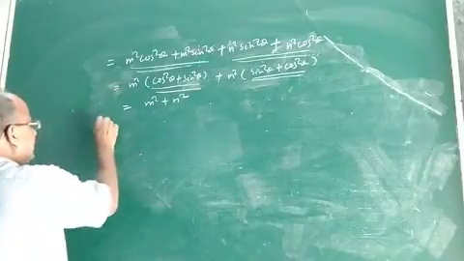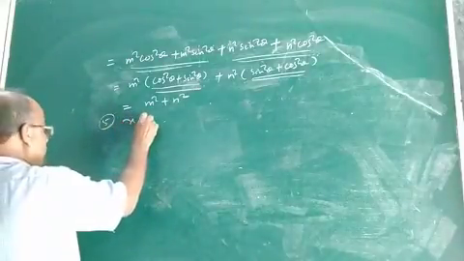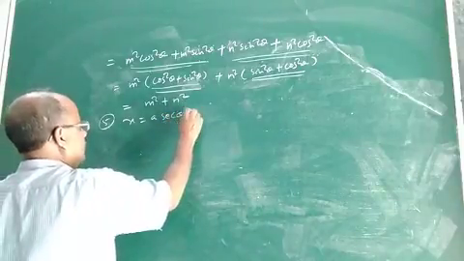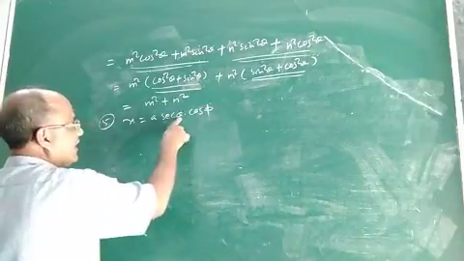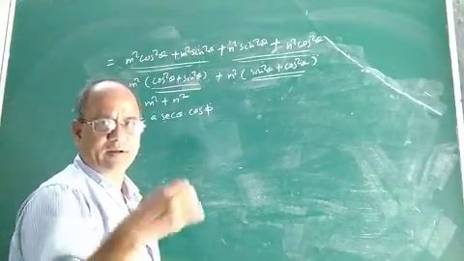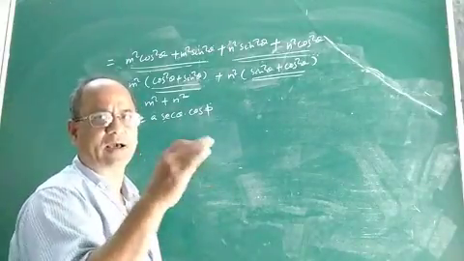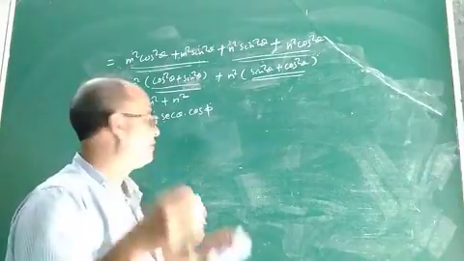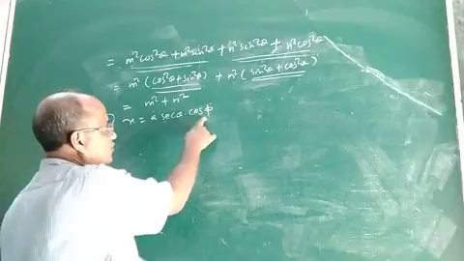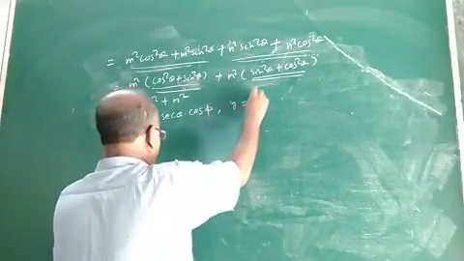Suppose you are given x equal to a sec theta into cos phi. These are angles, theta, phi, these are all symbols of different angles. Different angles are denoted by symbols like alpha, beta, gamma, theta, phi, etc. Suppose you are given x equal to a sec theta into cos phi and y equal to